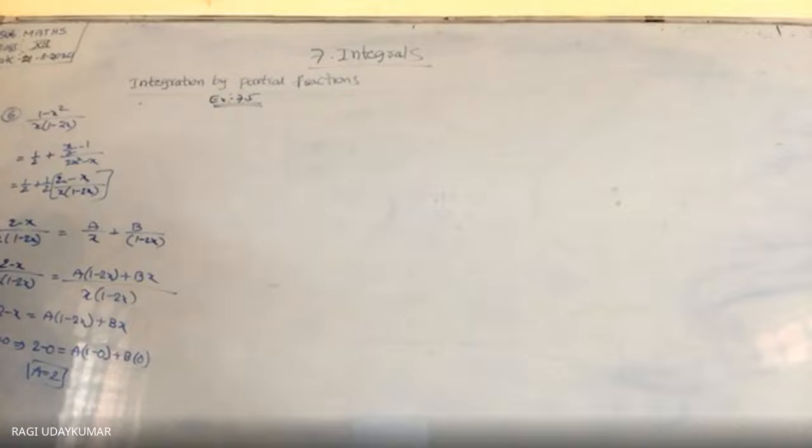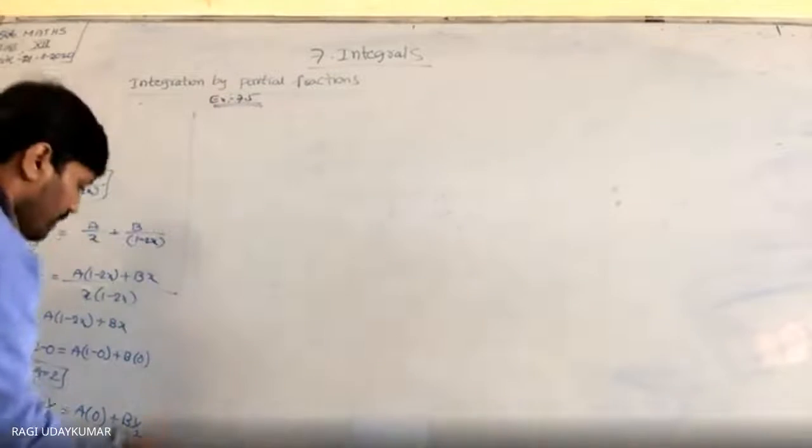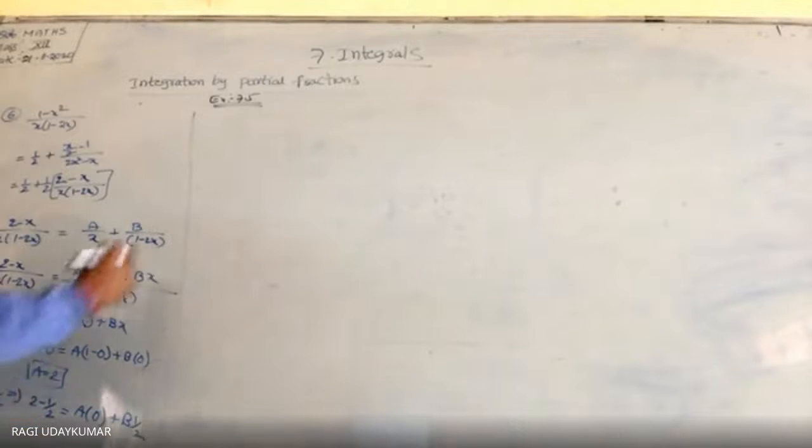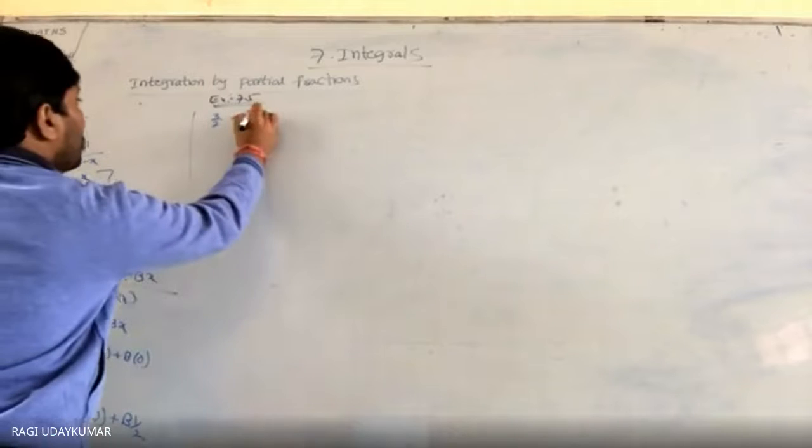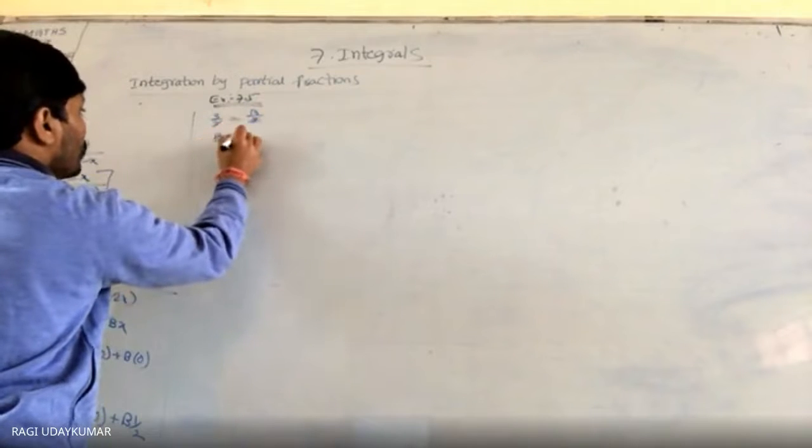Substitute x is equals to, b value चाहिए. So ये 0 चाहिए. ये 0 करना. So x का प्लेस में 1 by 2 substitute करना. इधर 1 by 2 substitute कर लो. ये complete 0 हो जाएगा. So which is equals to 2 minus 1 by 2 is equals to a into 0 plus b into 1 by 2. Is it visible to you? So here I write. Okay, done. So 2 minus 1 by 2, 2 में हम 3 by 2. So 3 by 2 is equals to ये 0 हो गया b by 2. So b is equals to 3.